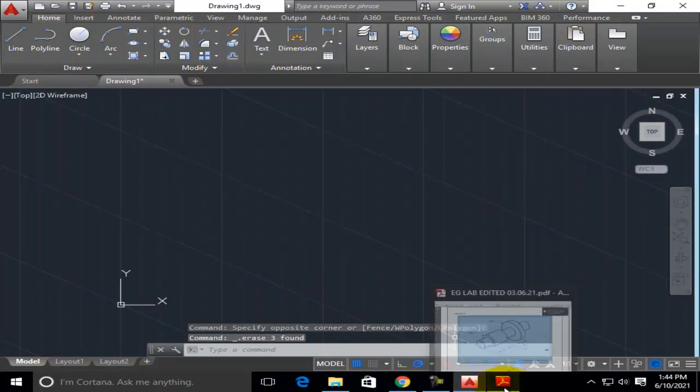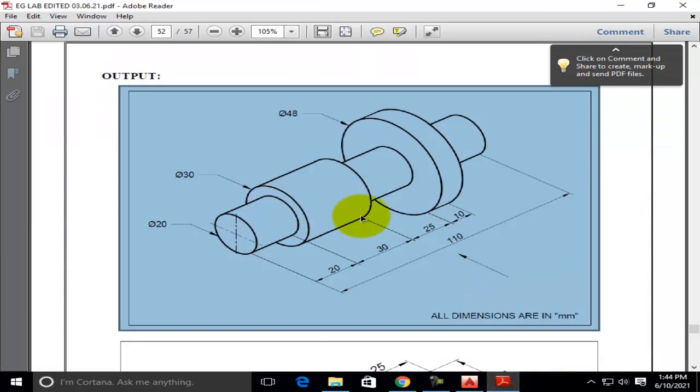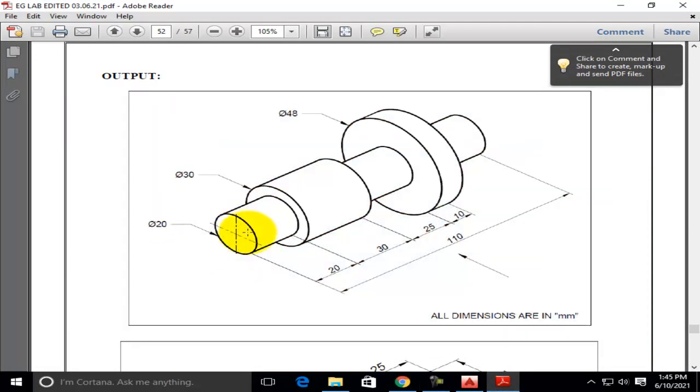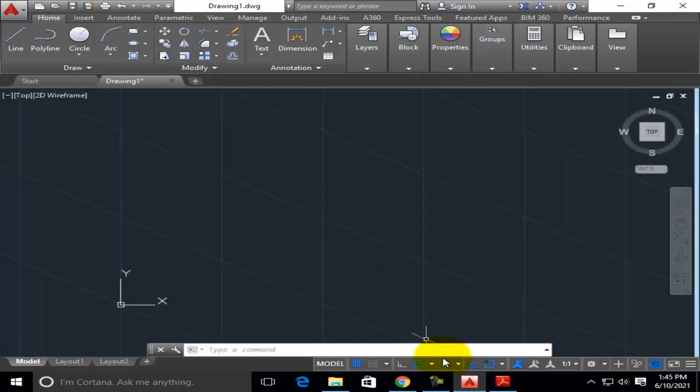Right now let us see the first drawing. For this drawing, it is viewed from the left side. You can see this circle is the circle which is viewed from the left side. So first we have to start with an iso circle from the left plane. For this we have to use only the left plane method. Isoplane left has to be switched on.